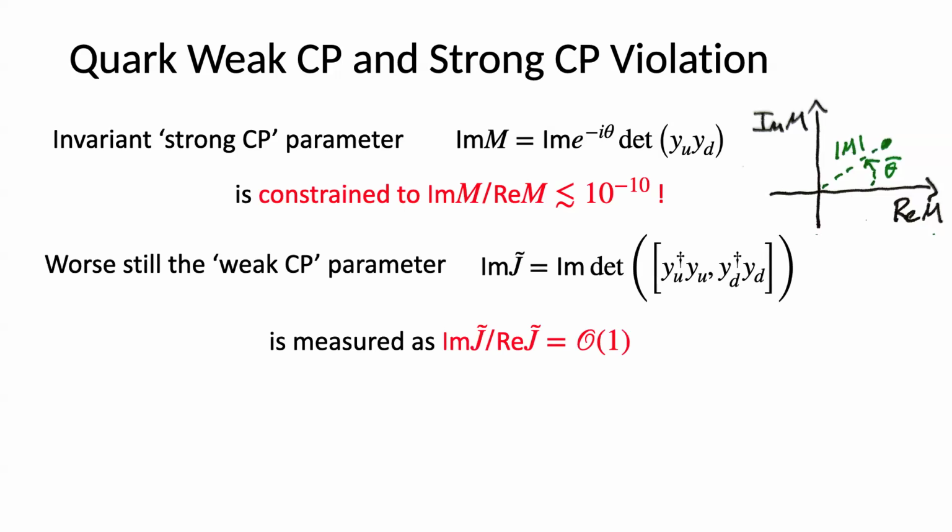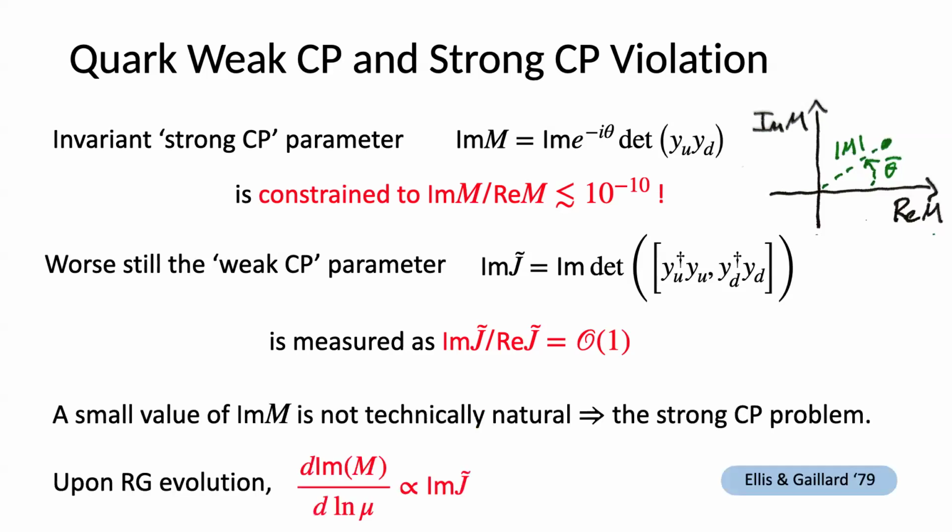But in fact, it's even worse, as you probably know, because there is more CP violation that can take place in the quark sector for more than 2 generations. And for 3 generations exactly, there is one more CP violating parameter. It's this combination of the quark Yukawas, the commutator, and taking the determinant. And in this case, again, the imaginary part is CP odd, CP violating. And in this case, naturally, as you would expect, the CP violating part is the same order as the CP even part. It's an order 1 number. The CKM phase is pi over 3 or something.